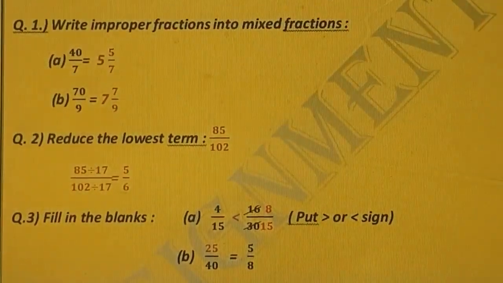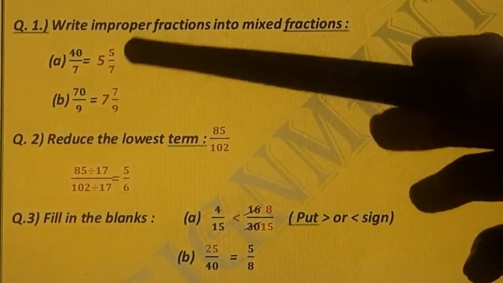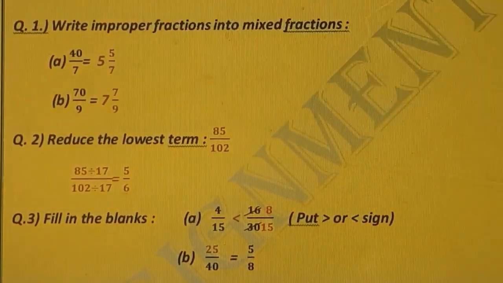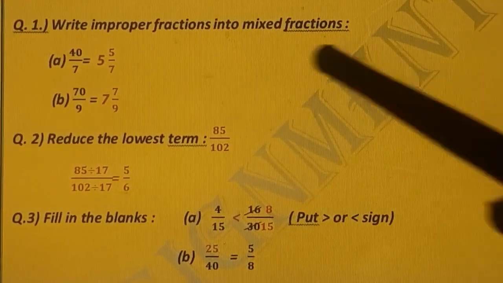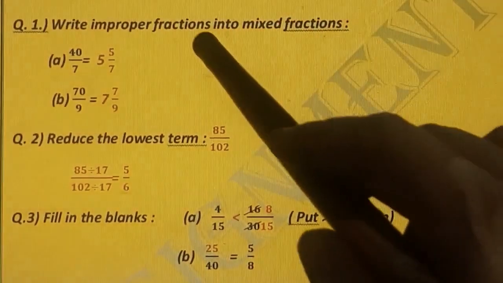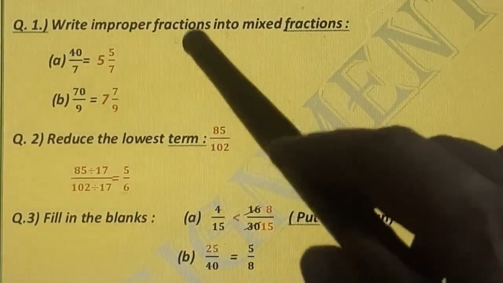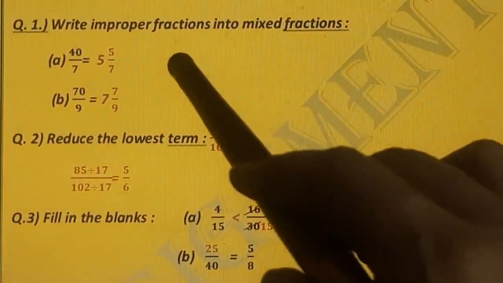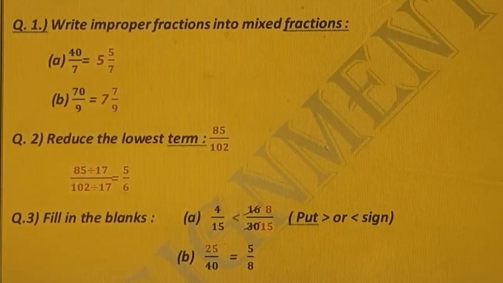40 upon 7. When you have divided 40 by 7, you got quotient 5, remainder 5 and divisor 7. So it is 5 whole 5 by 7. Now I have not shown the division here. If you are doing division in a rough column, that is okay. But if the question is coming in the form of MCQs or fill-ups, then you have to fill the answer only in the fill-up, and if it is an MCQ, then you have to search for the answer and pick the correct option. Okay.